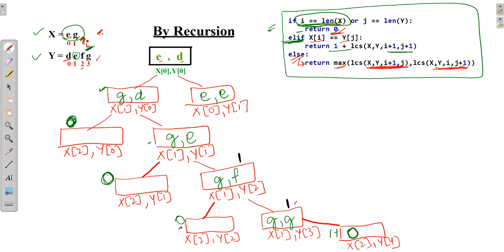Then we will go to GE branch. Out of 0 and 1, max value is 1. Then out of 0 and 1, GD will get 1. Now we are left with EE. Let's solve this. As EE are equal, so it will go for 1 plus the next letter of the string,